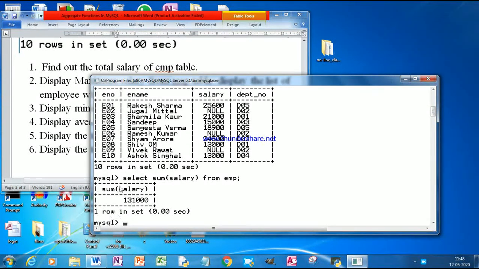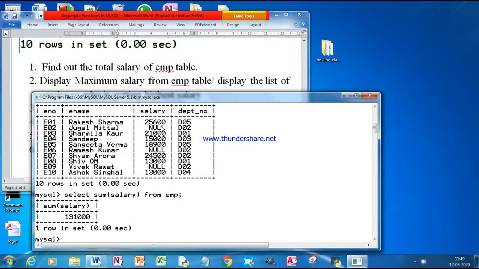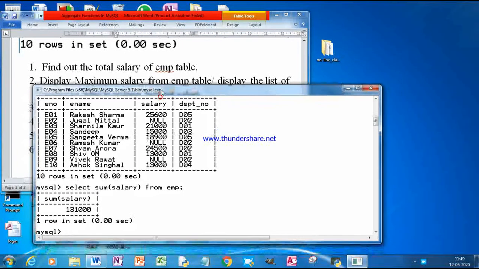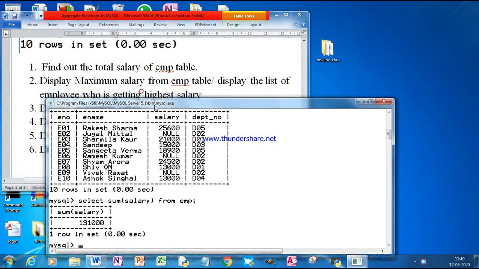See, the working is when this sum function executes, it will add all the values. First it will take 25,600, then next null because it includes null values also. Null means nothing. Next is 21,000, then 15,000, then 18,900, and in this way it comes to 1,31,000.